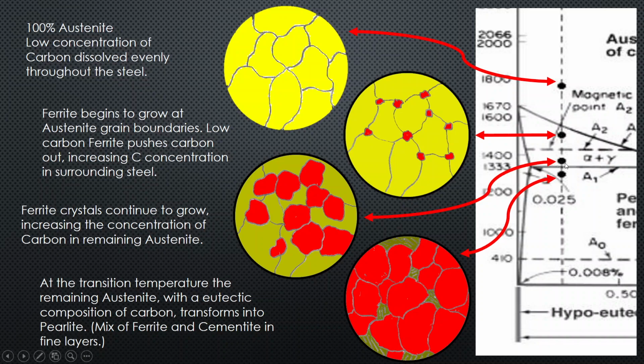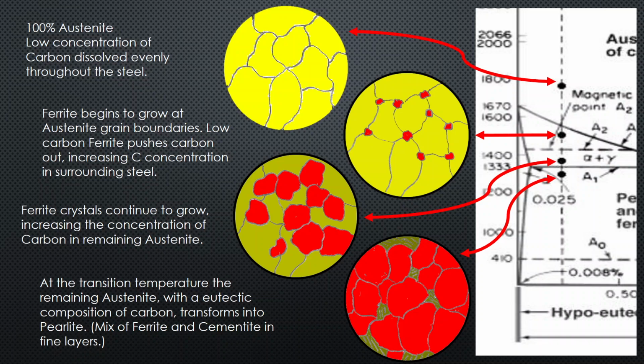We've now passed through this point and transitioned right in here. The concentration of carbon in these little remaining areas that haven't been crystallized by the ferrite are about as high as they're going to get, because this is going to form into perlite,